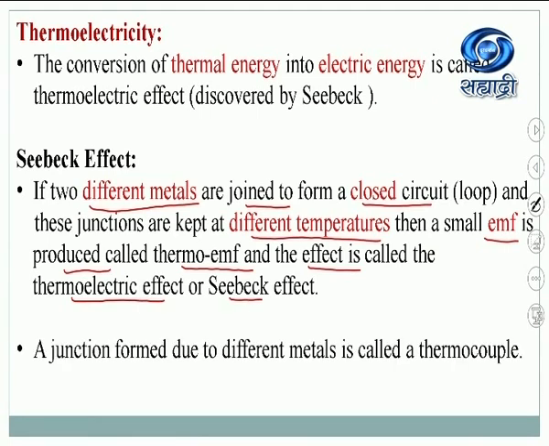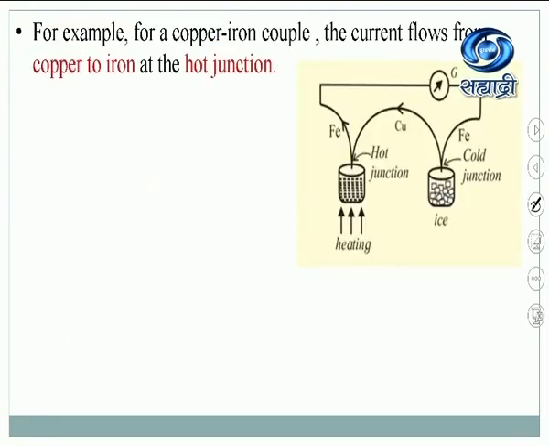Two different metals we have joined together, so that is a junction. A junction formed due to different metals is called a thermocouple. The junction is called a thermocouple. Okay. Now we shall see one example of this. For example, for a copper iron couple,